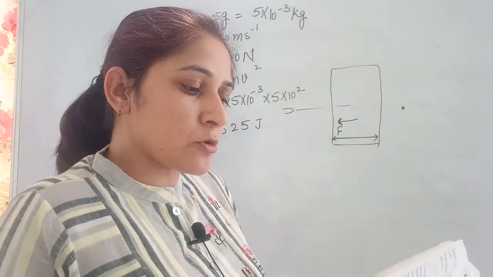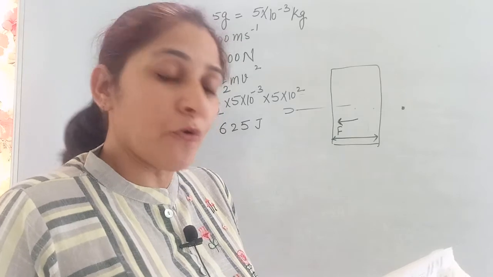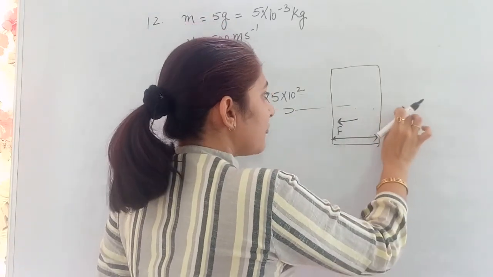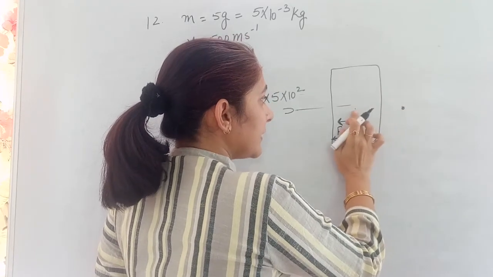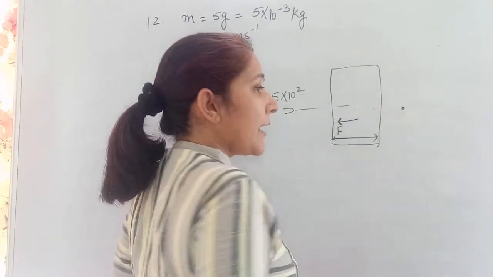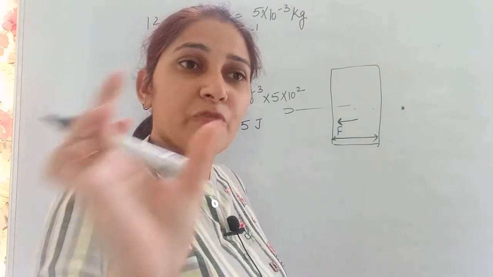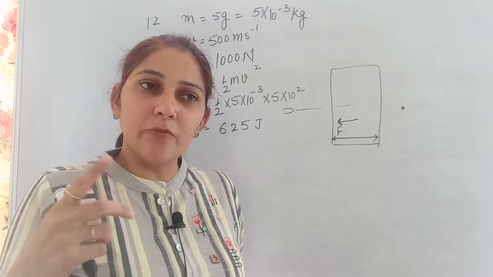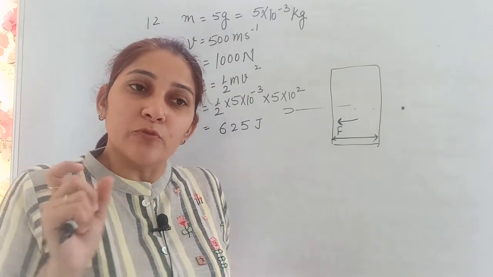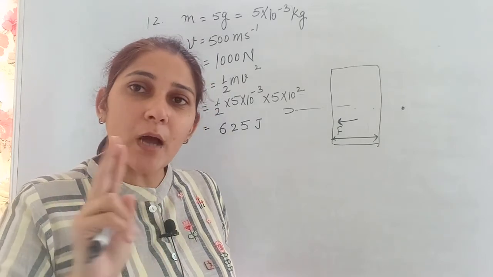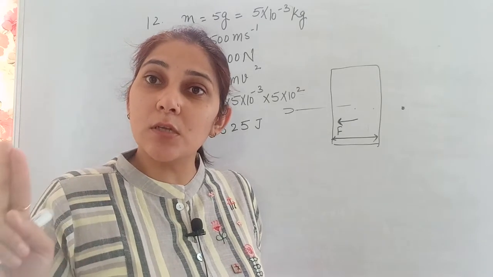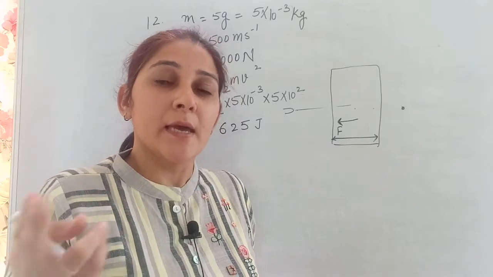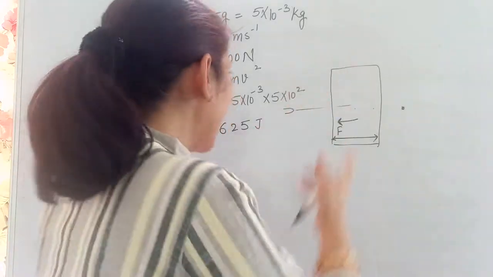Second is the distance through which the bullet has penetrated before coming to rest. How much distance did this bullet travel before it comes to rest. It came to rest here, or here, wherever it went, how much distance did it travel before it comes to rest. And whenever we have done kinetic energy, I believe you remember, I told you the work done by the body before it comes to rest is equal to the resistive force exerted on the body. So that gives its work done.